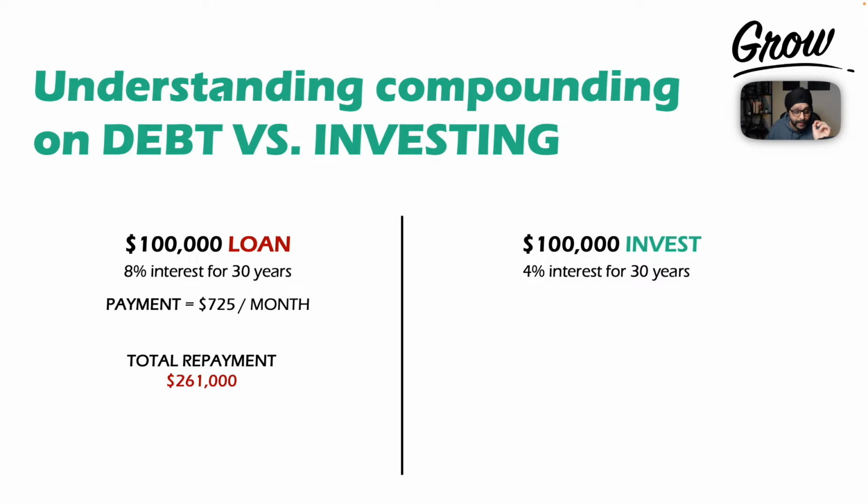But if you use the same $100,000 loan and invest that at even a 4% interest rate for 30 years, same like-to-like comparison, one is a loan, one is investing, but the interest rate is half what you pay on the loan, you would end up with a lot more than your total repayment. Now, for a lot of you, this calculation is obvious, but for those who are wondering why this is happening, it is because if you take a $100,000 loan and you repay the loan, you actually calculate interest on the reduced